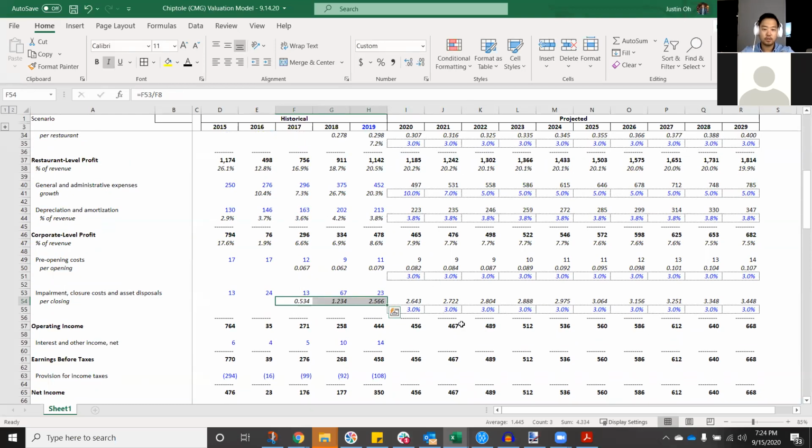to close a restaurant. I mean, that doesn't sound crazy, like just thinking about if you have to close down a Chipotle store. So let's just say that's 1.5 million. Grow that by,